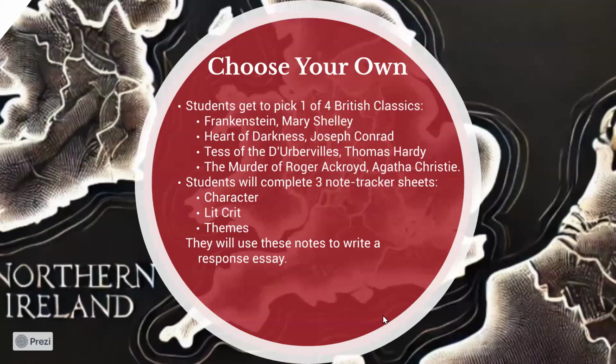Throughout the semester, students will be choosing one of these British classics: Frankenstein, Heart of Darkness, Tess of the D'Urbervilles, or The Murder of Roger Ackroyd. While they are reading, they have 3 very explicit note sheets: a character sheet, a lit crit sheet, and a themes sheet. For their formal essay, they will be writing on their choose-your-own novel here,